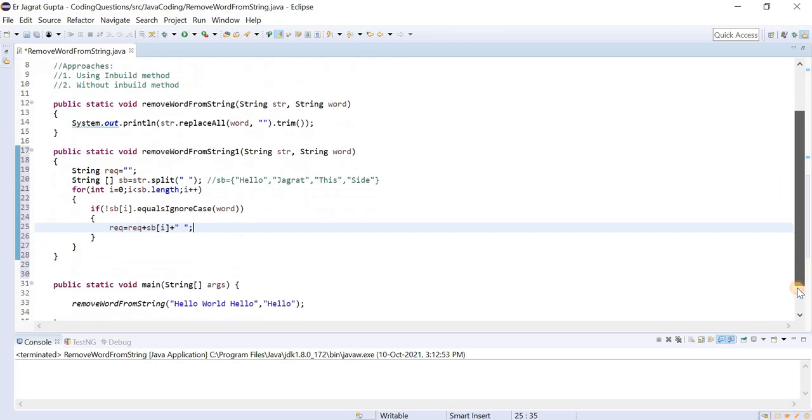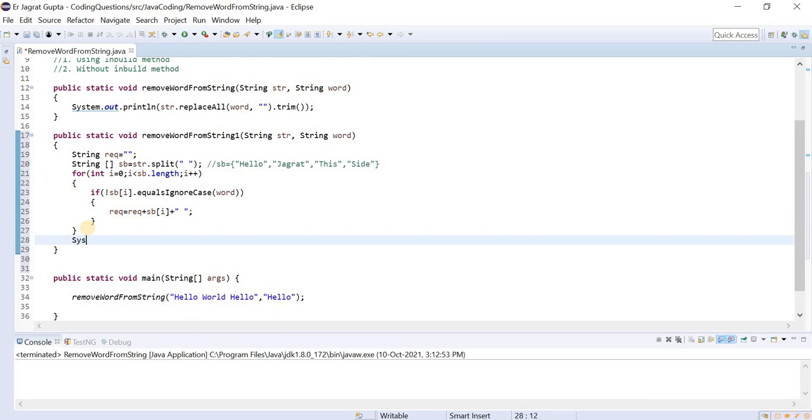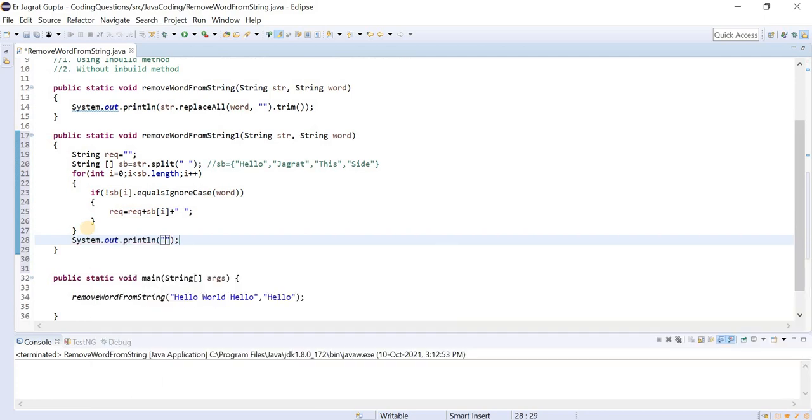And at the end we will print this. So System.out.println, here I will write like this, required string is, like this. So this is a very simple concept. Let me show you again.